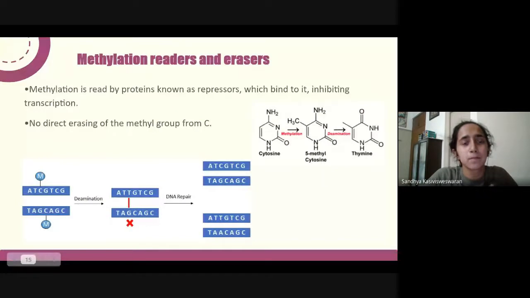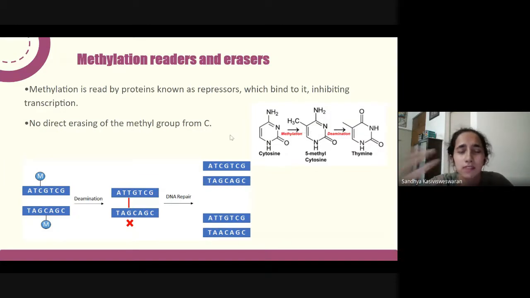Okay, next. Moving on. So, like I said, most epigenetic modifications that happen are reversible. Like your histone modifications were reversible, your DNA methylation modifications are also reversible. But there's a catch here. The catch is that addition of a methyl group to a cytosine gives you this bond right here, which is a C-C bond. And C-C bonds are very hard to break. So there is no chemical that can just come and directly cleave that bond very simply. So what you have is a longish process that consists of two steps.